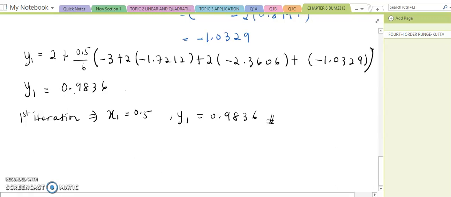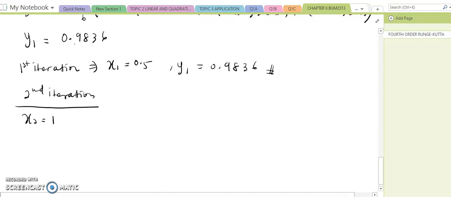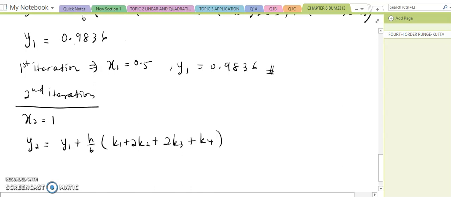Okay, so for the second iteration, we know that x2 is 1 and y2 is y1 plus h over 6, k1 plus 2k2 plus 2k3 plus k4. So same like before, we need to find the k values first. So k1 is